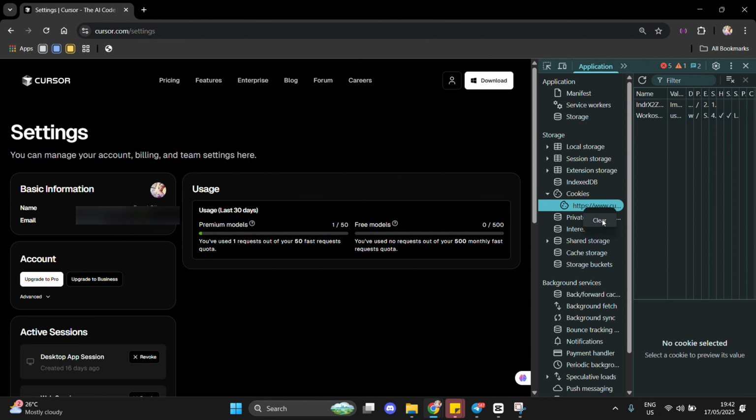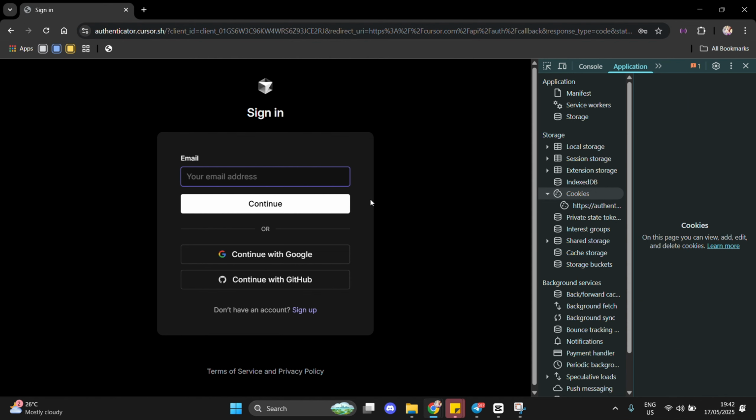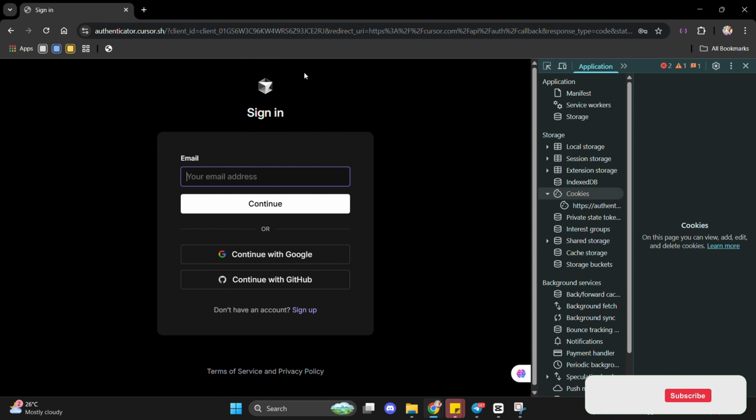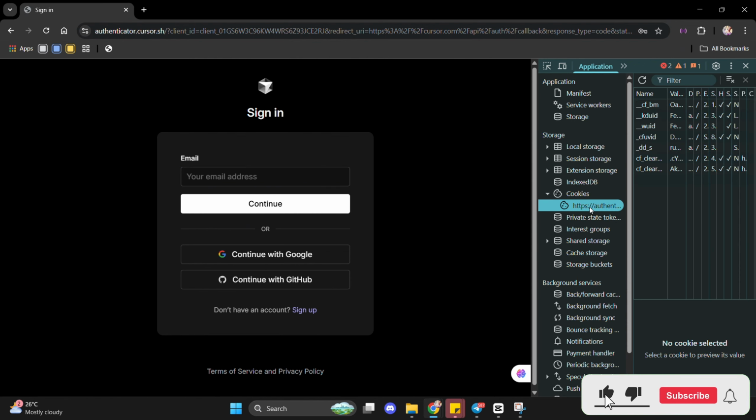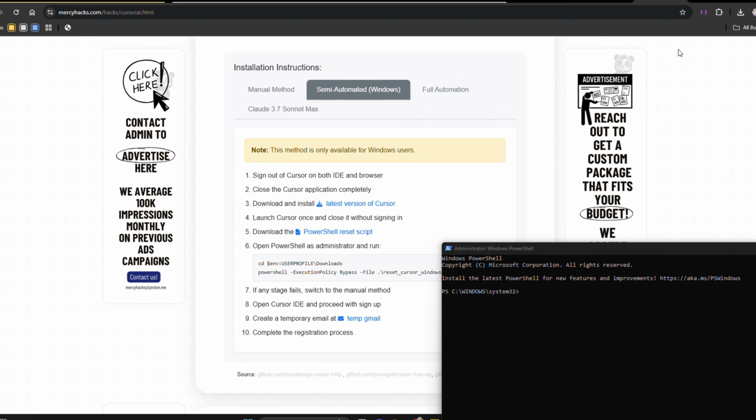So for you to clear your footprint so your account doesn't get downgraded, you need to manually use the clear button. And you see you're now signed out. Then you need to create an account with a valid email address that has not been flagged for mass sign up. And you can see the video in case you don't know where to get that from.